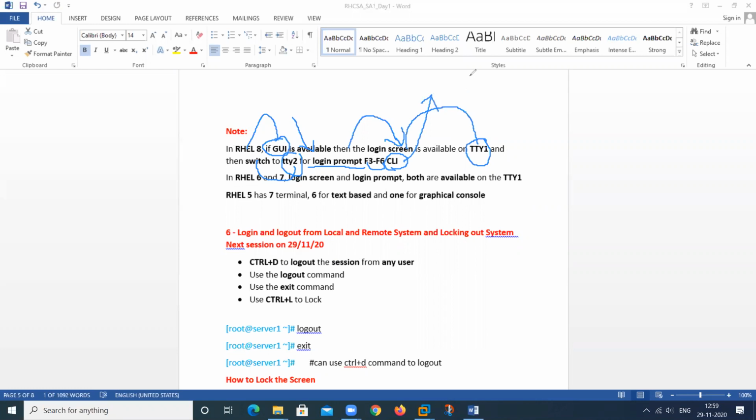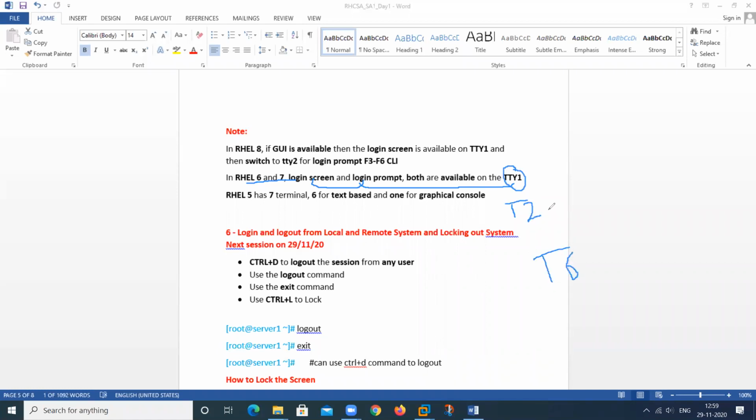And in RHEL 6 and 7, the login screen and login prompt both are available on TTY1. It means from TTY2 to TTY6 all can be a CLI prompt. So in this we can open 5 CLI prompts, but in RHEL 8 we can open 4 CLI prompts. So this is the difference between 7 and 8.